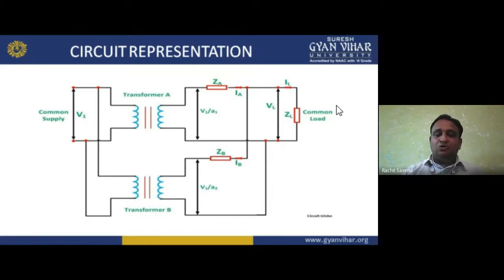So we can also say that we can purchase from the market just a double rating of transformer. Means if I am selling 5 MVA, they would just purchase a 10 MVA transformer. But the limitation is that, my dear student, if that transformer is under maintenance, what can we do? Nothing we can do. We have to just wait for it. We have to use a generator for backup.